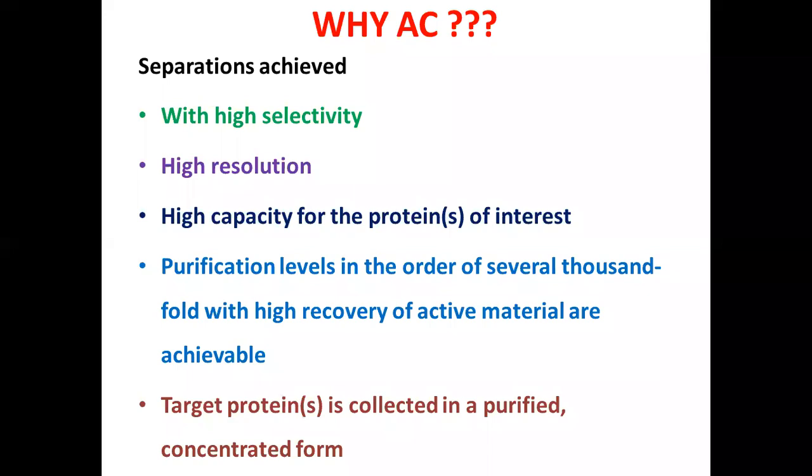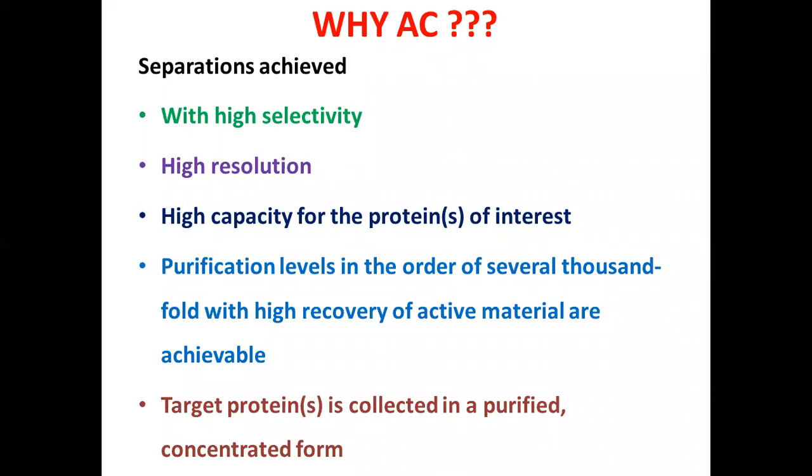You take any cellular extract, whatever it is, if it is free from endogenous substances, the protein molecules present in that cellular extract can be easily separated by this affinity chromatography within 25 minutes, 30 minutes, and some separation processes can be completed within 10 minutes. Therefore, purification levels will be in the order of several thousand fold with high recovery of active material, and this is always expected. We can anticipate a purification level almost 100 to 10,000 fold higher when compared to the recovery by other techniques.